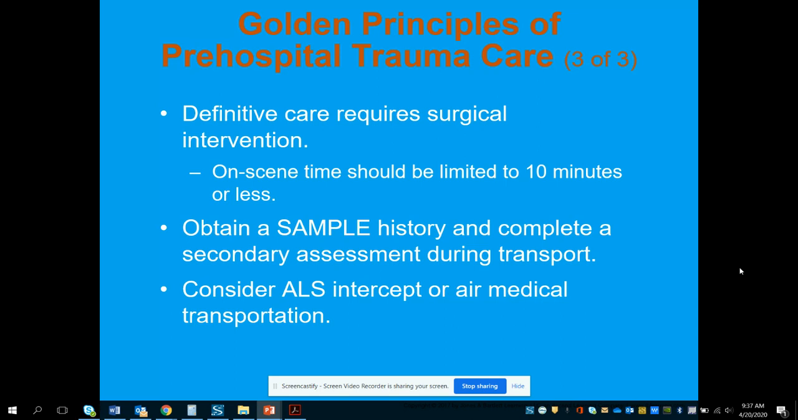So we're trying to limit our time on scene to less than 10 minutes. This should really be load and go, doing that secondary assessment en route to the hospital. And if you're too far out or you've got a really prolonged extrication time from a vehicle or something like that, we could consider air medical transport as well. You might need to consider ALS early on for fluid replacement, for pain management, whatever it is. Not to say that there's not a lot that you can do at the EMT level, but we still might